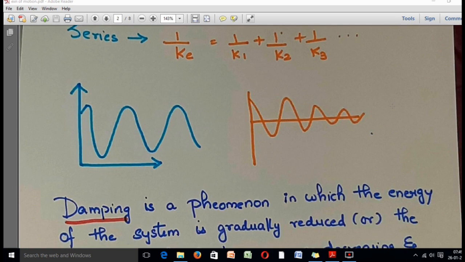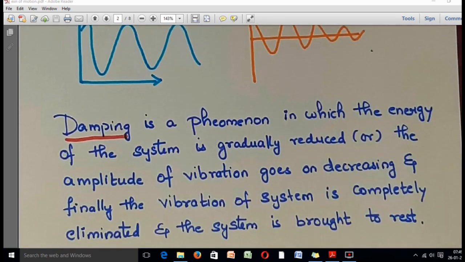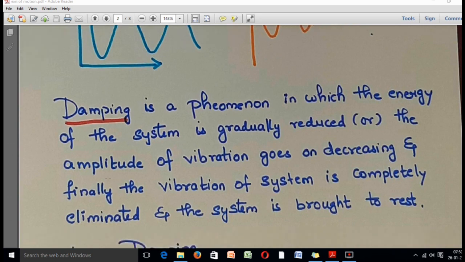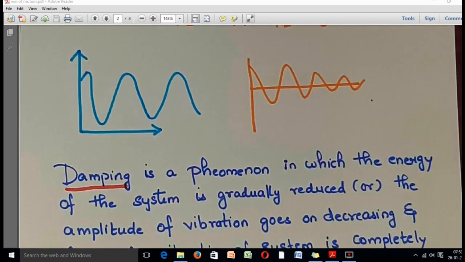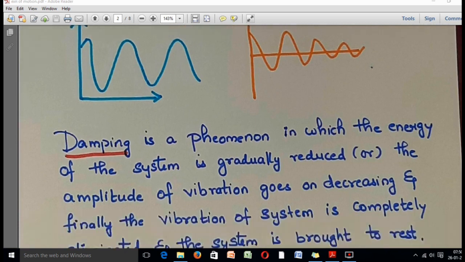Now let's talk about damping. Damping is a phenomenon in which the energy of the system is gradually reduced, or the amplitude of vibration goes on decreasing, and finally the vibration of the system is completely eliminated and the system is brought to rest. Like I already mentioned, the orange graph here represents a system where damping is present. So the energy of the system is gradually decreased, and as you can see, the amplitude also decreases, bringing the